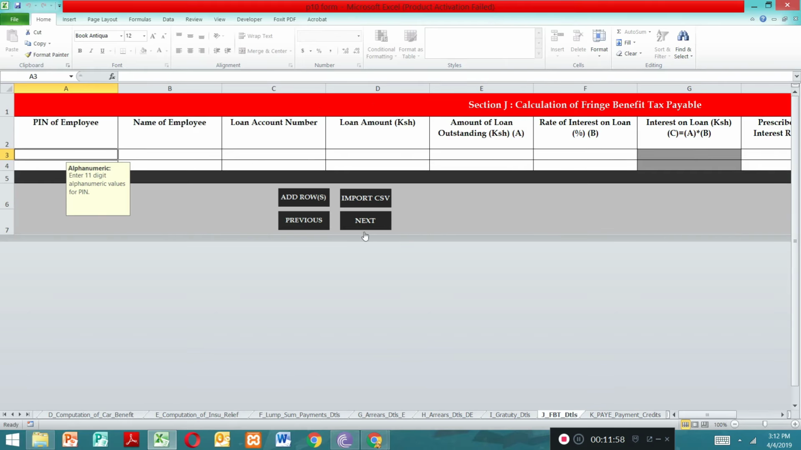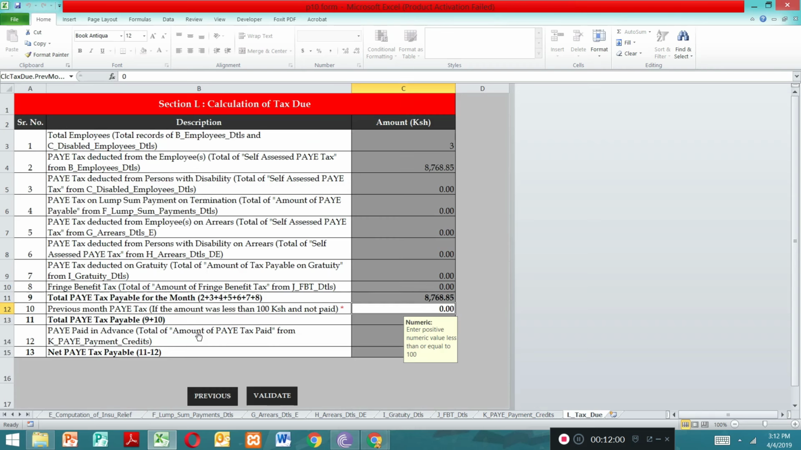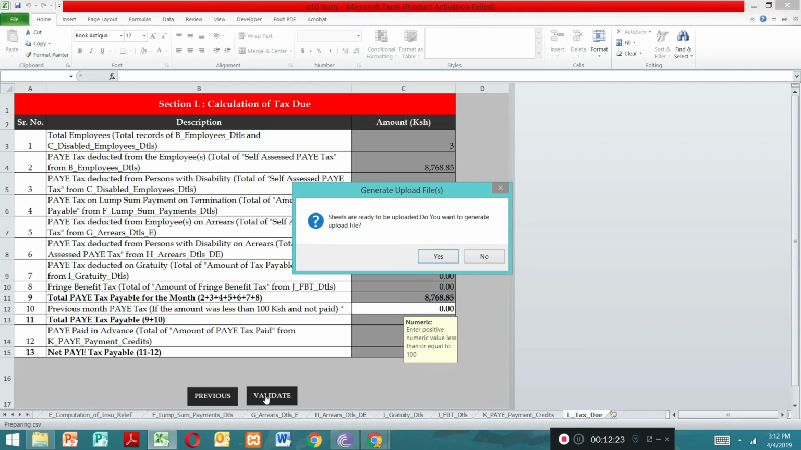Click on next. Click on next. Click on next. Now, when you reach this value or this rate, you can see the tax that we had self-assessed is the one that is reflecting here. Okay, so here we click on this button called validate. When we click on validate, the system will pop up a message and tell us